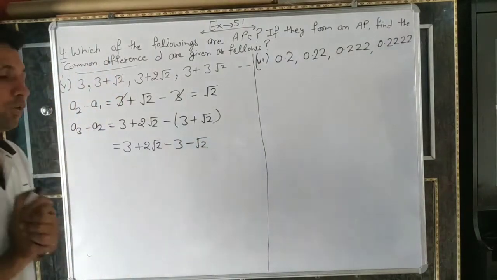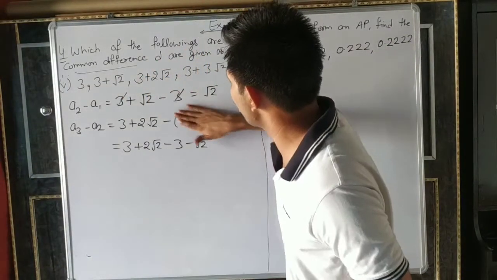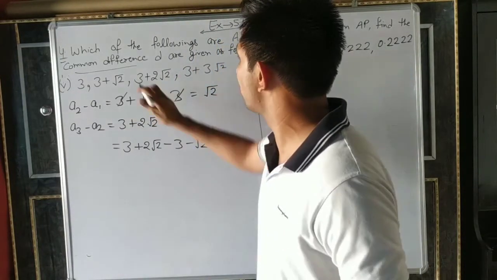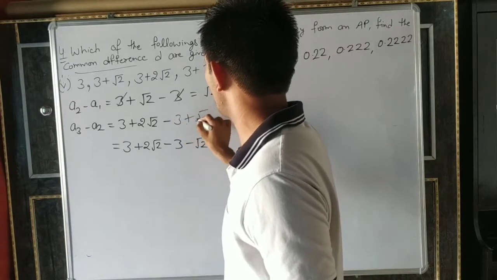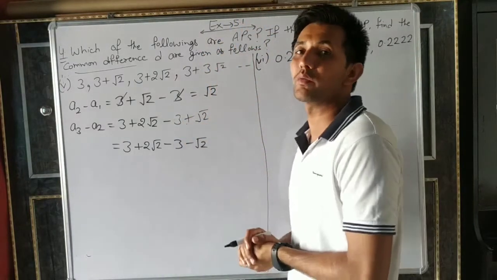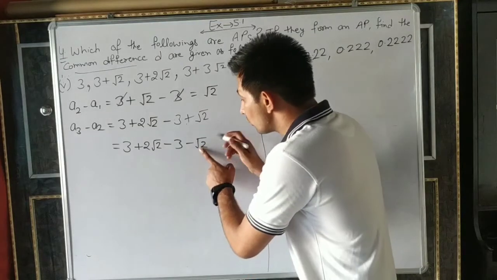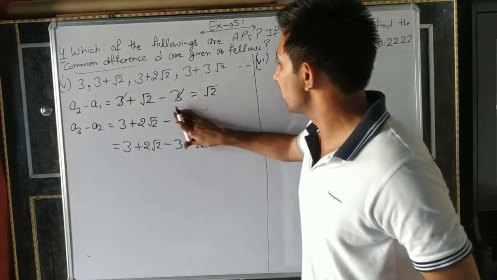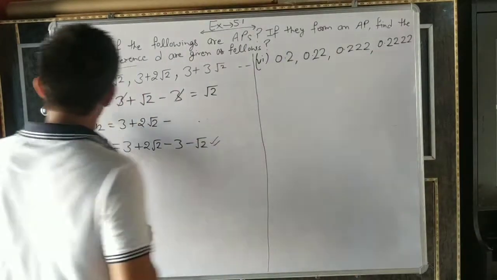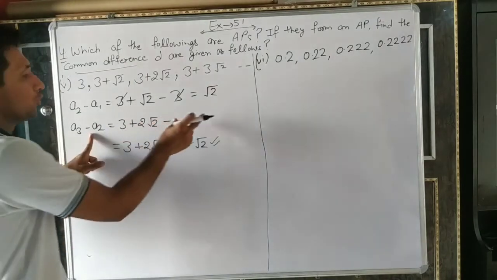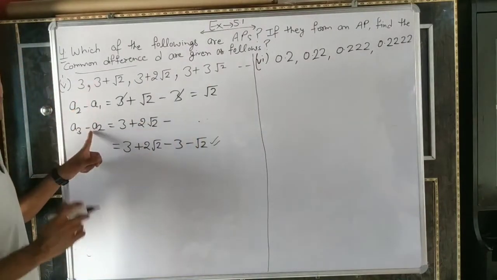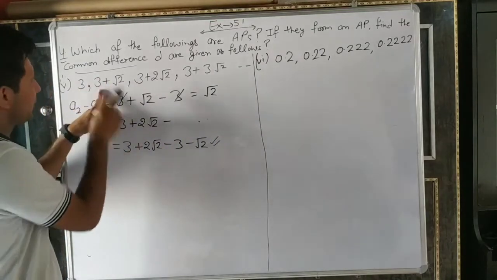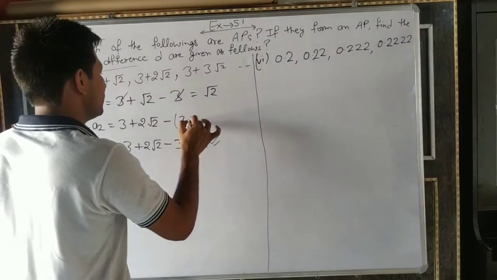And if you do not use a bracket, you will write directly A3 minus A2. What is A2? You will write 3 plus root 2. If you write like this, our answer will become wrong, because root 2 must be negative here, not positive. Understand? Otherwise, you can write directly like this: whenever there is a negative sign and two terms, we change the sign. Positive, negative, positive, negative. Otherwise, you can use a bracket here.